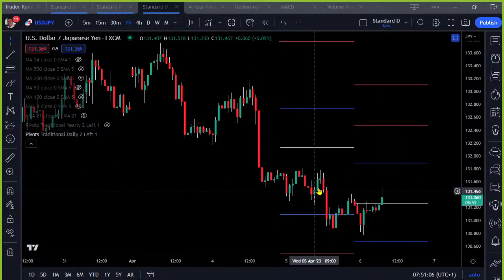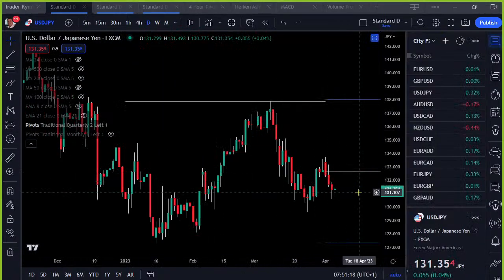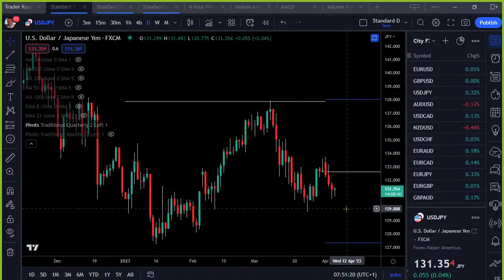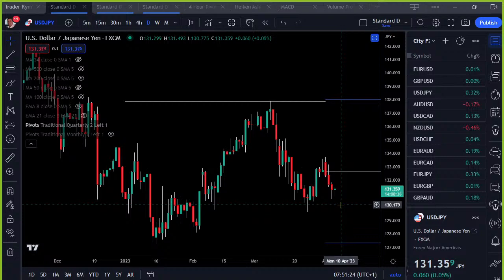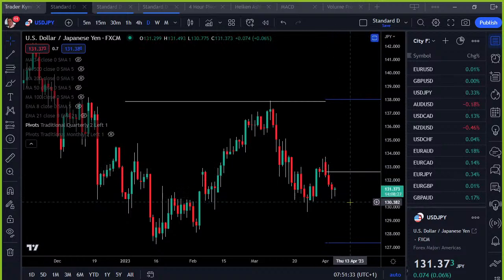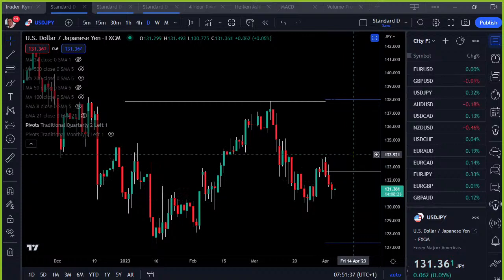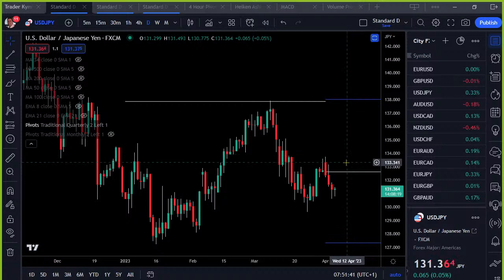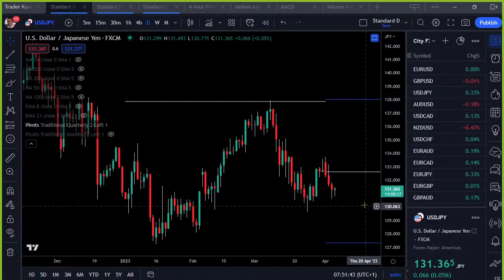US dollar yen, I was warning someone yesterday that the general picture is running downwards here. There is some concern starting to build, and I've read quite a bit about it in terms of the unwinding of the carry trades might occur again. We've got a different head of central bank in Japan, and things are different.